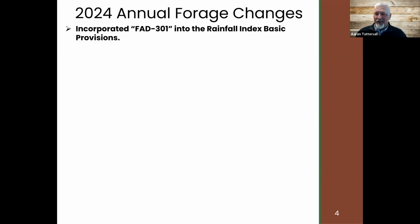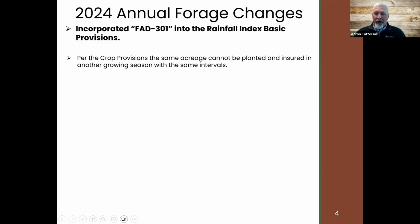So it's impossible to discuss all the different scenarios that could come up in these double cropping scenarios. Let's just continue to stay in touch if that occurs, and we'll give you the right information so you can make your plan going forward, and you won't be surprised. So the crop provisions say that the same acreage can't be planted and insured in another growing season with the same